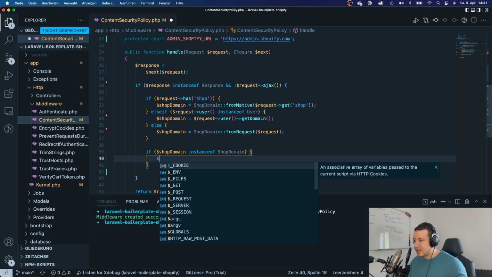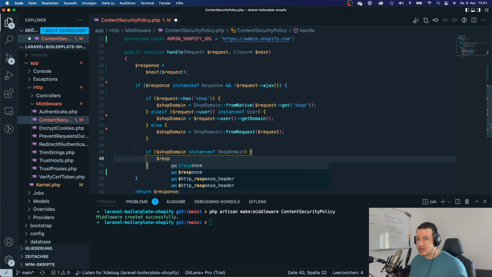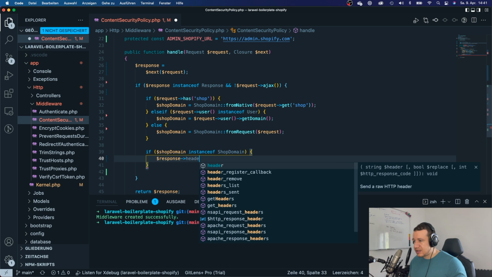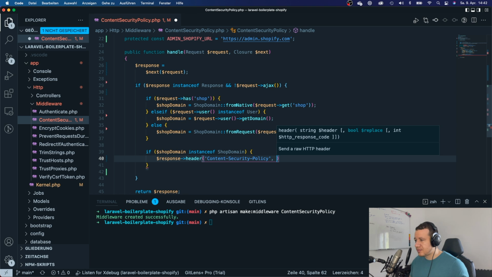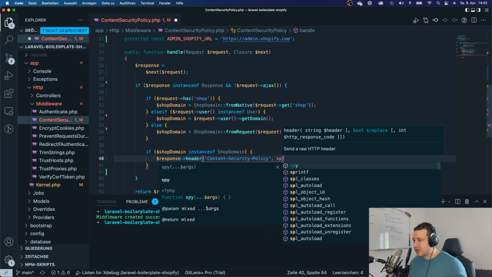So, and then now we can create our response headers, right? So we're going to say response, and we're going to say header, and now we're going to add this content security policy,